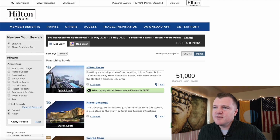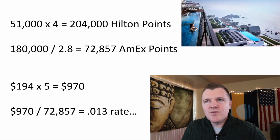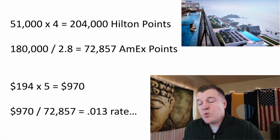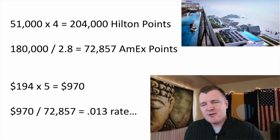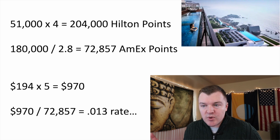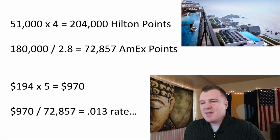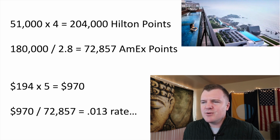So the best rate I can find for this hotel is 51,000 points a night, and the equivalent cost is $194. If we do the exact same math, this will cost me 204,000 Hilton points. That's equivalent to 72,857 Amex points. $970, the value of the booking, divided by that gives me a conversion rate of 0.013. That's better than 0.01, but at that point, I would rather just cash out the points to my Charles Schwab brokerage account